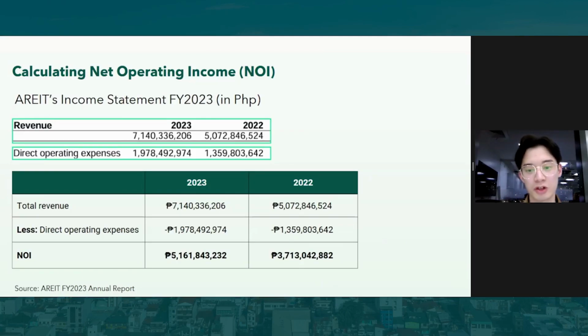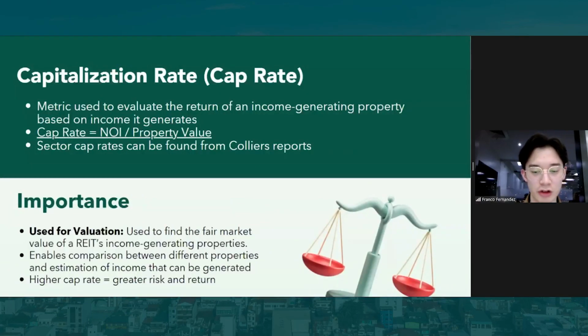Next, we have a metric called the capitalization rate, or cap rate for short, which is used to evaluate the return of an income-generating property based on the income it generates. The cap rate is often likened to the return on investment of an investment, but the cap rate solely focuses on the property's income relative to its value. You can easily get it by dividing NOI by the property value,